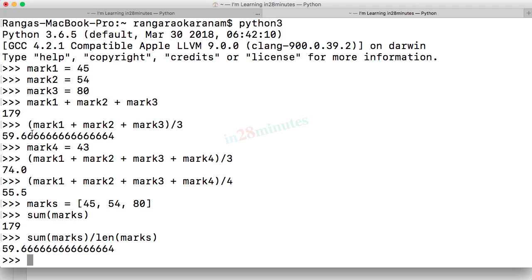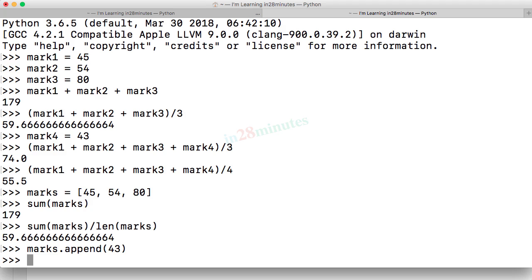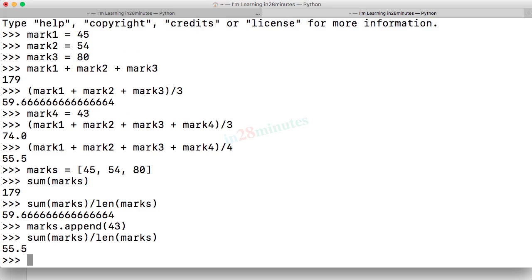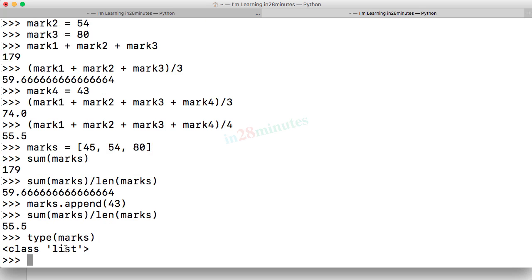Now I'm getting a new mark. What do I need to do? I just need to say marks dot append the new value. What's the new value? 43. Now I would want to find out the average again. What I would need to do? Same code. The code does not change, and you can see that it is exactly the same average as earlier. If you look at the type of marks, this is something called list. So what we are doing when we create a data structure using square brackets is we are creating an instance